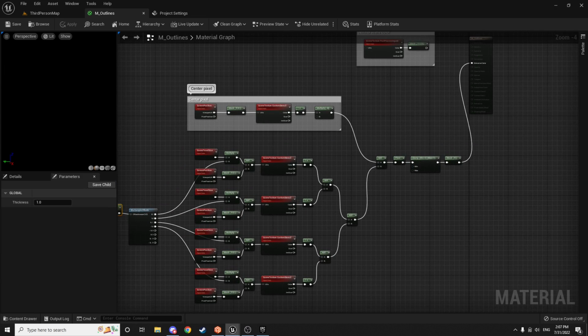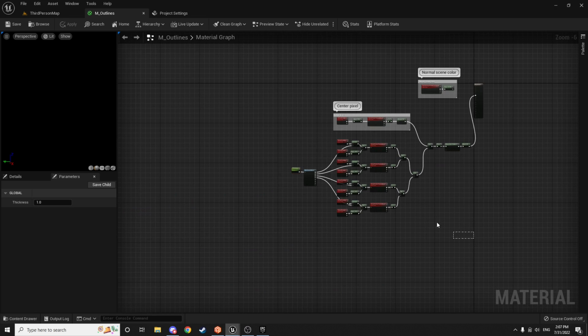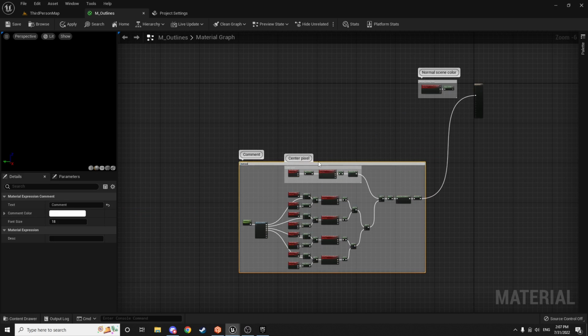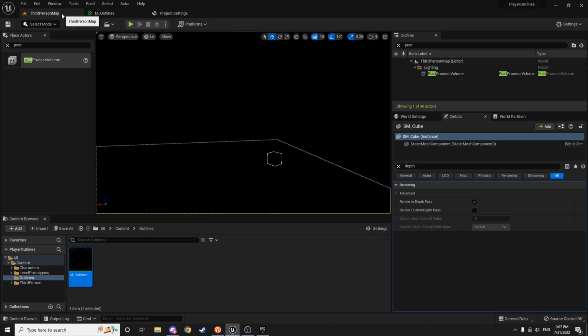So the next thing we want to do is start adding in these colors. I'm actually going to take all of this and move it down here. We'll add a comment around it and just call it "the outlines", because that's essentially what it's doing. And then the next thing we want to do is make use of this value that gets